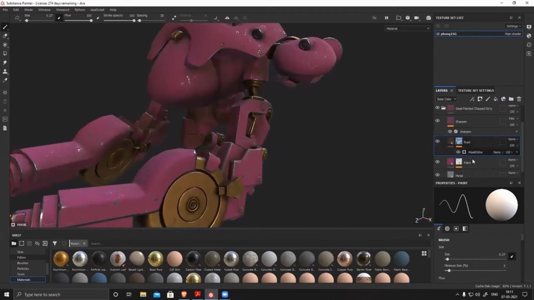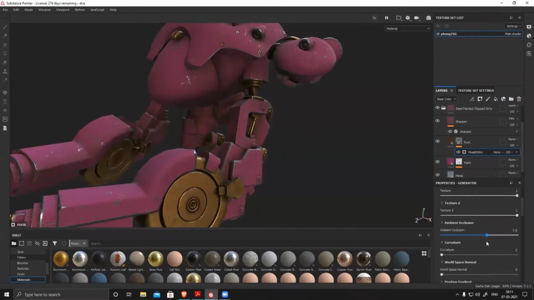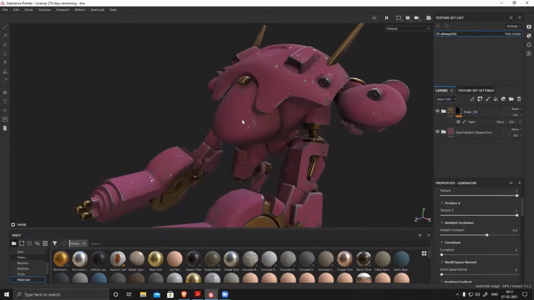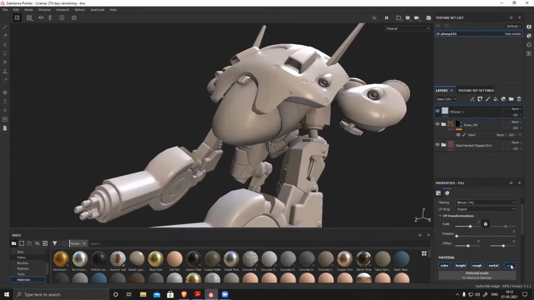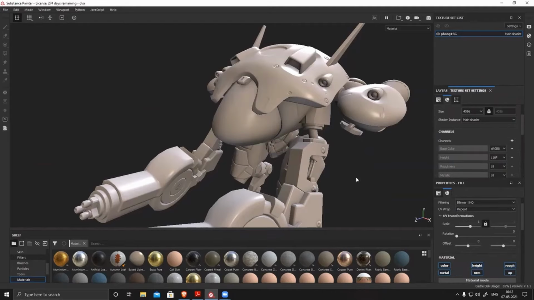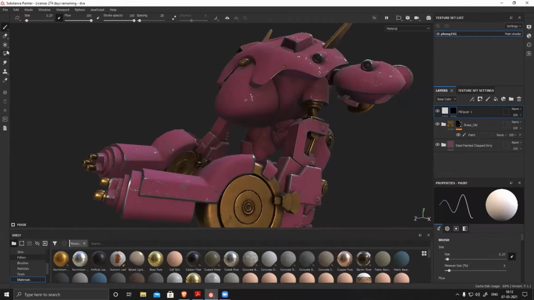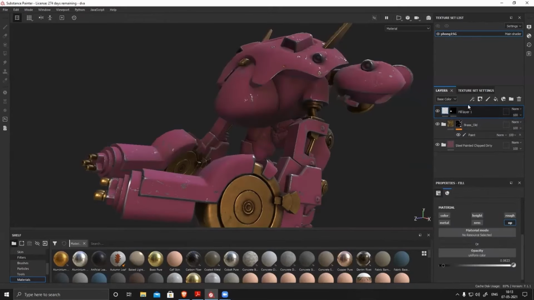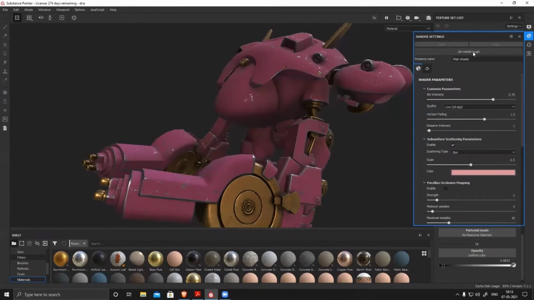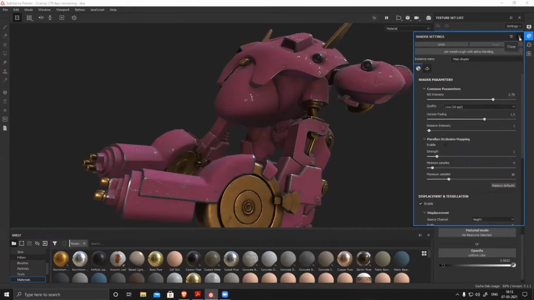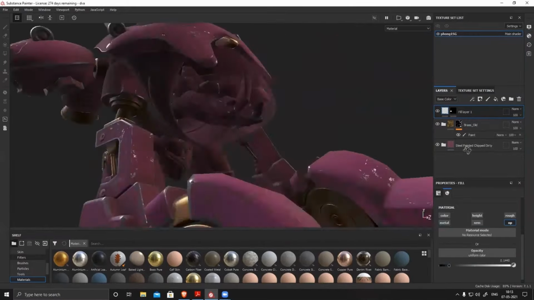I'll just check all my dirt and everything and reduce it or increase it, because that was a little high. It was looking like a shadow, so I just reduced it. It should not look like a shadow. And now I'm creating the transparency for the glass, so I'm activating the shader alpha blend and made it transparent.